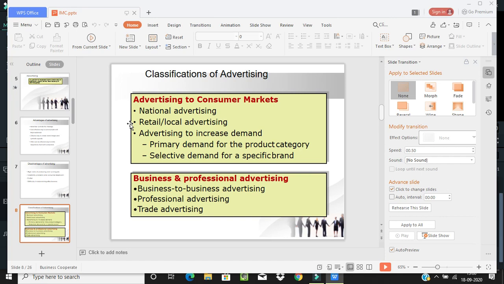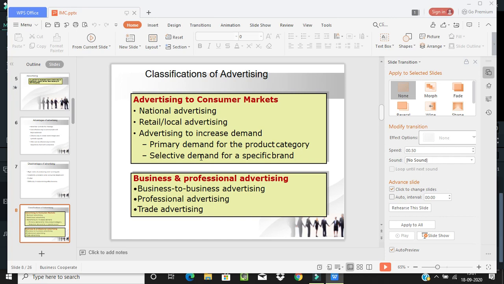What are the local goods nowadays? If you go to North India, North Indian people focus mostly on chapati, compared with rice goods. So even if you advertise biryani, they will purchase and eat it once or twice or thrice, not forever. South Indian people are addicted to it, but North Indians will focus mostly on chapati. So we have to see that. And what are the advertisement goals? Increased demand, primary demand for the product category, and selective demand for the specific brand. These are the important things we have to focus on.